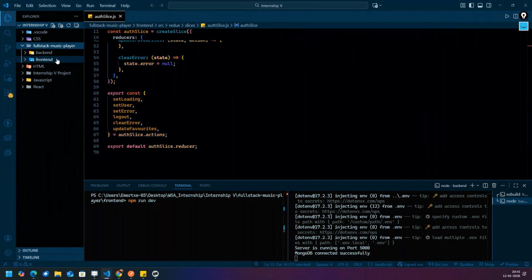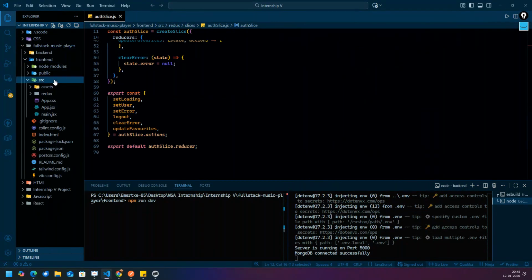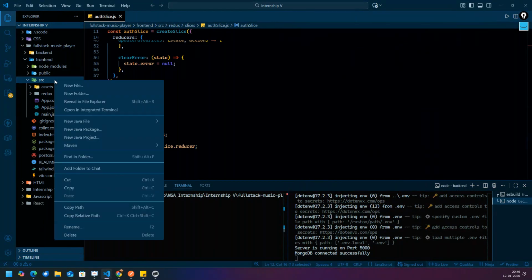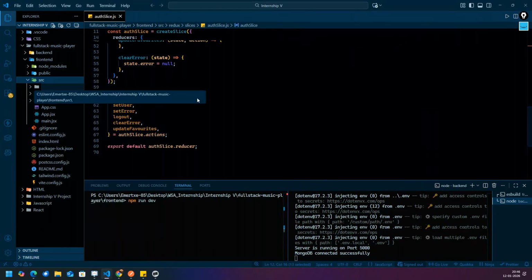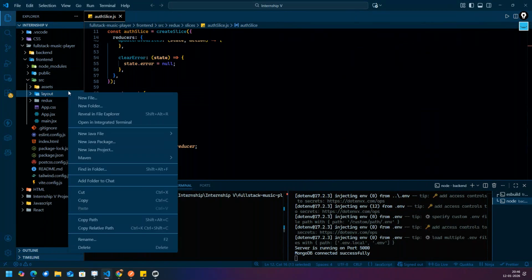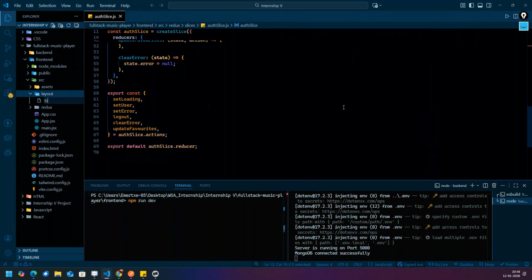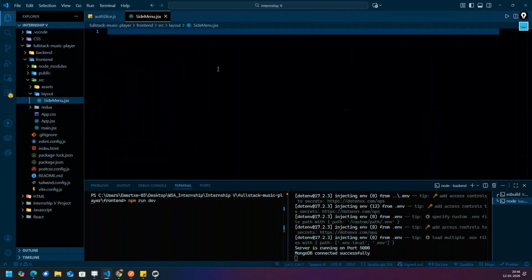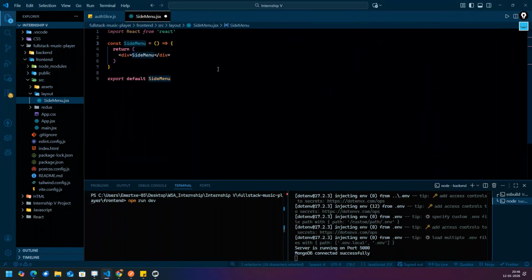In the full stack music player front end application, inside the src, let's create a new folder called layout. Inside this layout, we will have three layouts: sidebar, main area, and the footer. Let's start with the sidebar or side menu, .jsx. We'll write rafc.